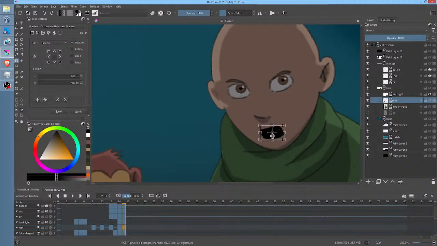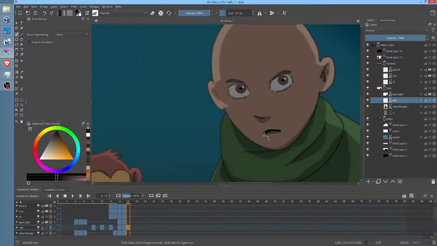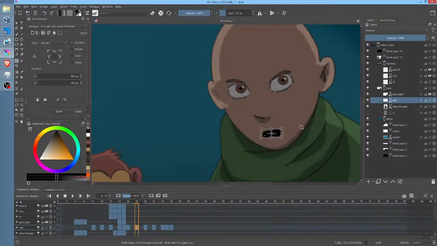Move that there because obviously he's in motion. We're doing anime style lip sync, so this is going to be almost closed. And he's already done moving, so that means we can repeat the cycle. Actually, we can't repeat the cycle because he moved. I mean, technically we could. We just have to hit the animate tool and move things to where they need to be, which is fine. So B key, smack that there.